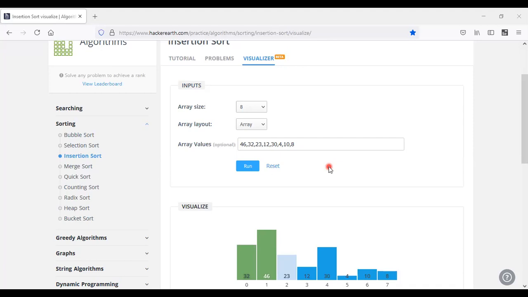If you are using 8 or 12, a small size array, it would be easy to perform all these comparisons for a small amount of data. If you are taking large data sets and using insertion sort, it's a waste of time, and its performance is the worst when compared with the remaining ones.